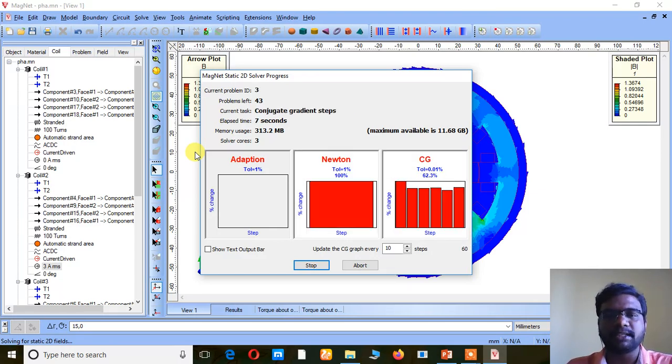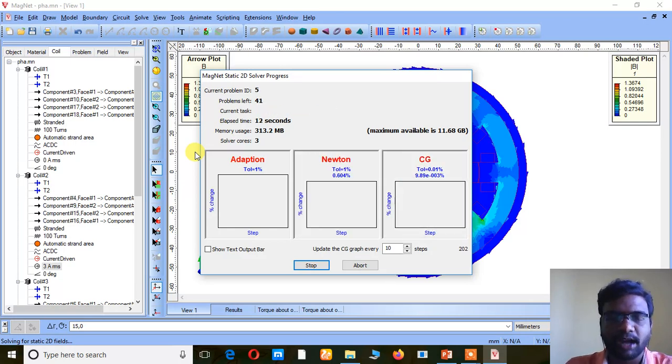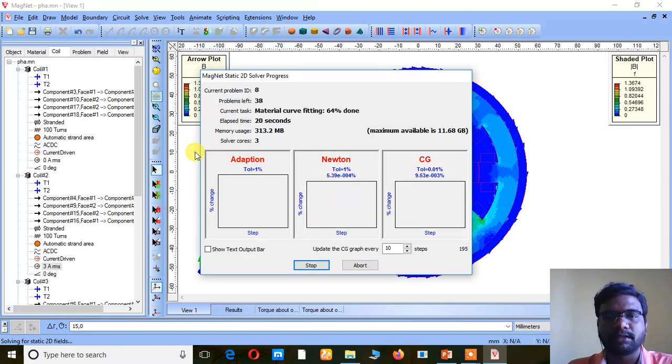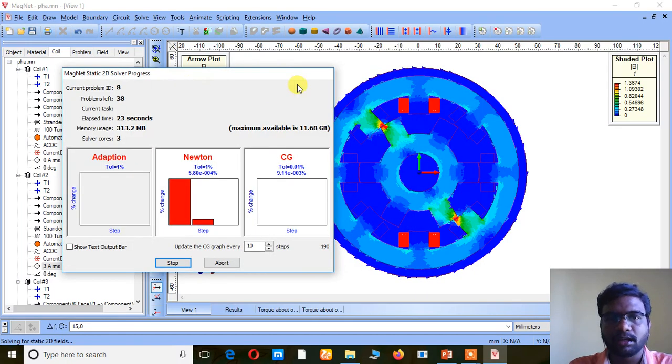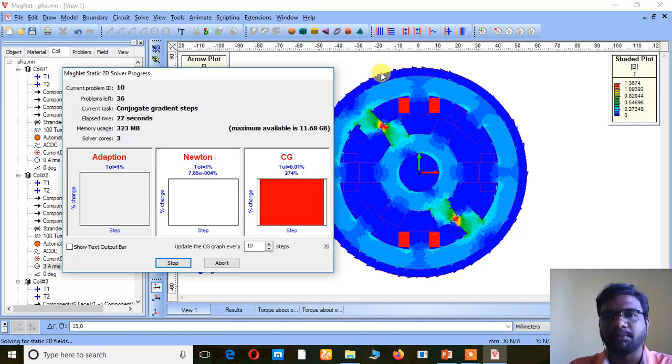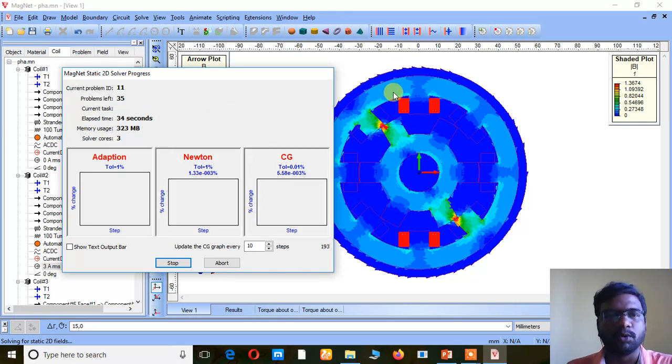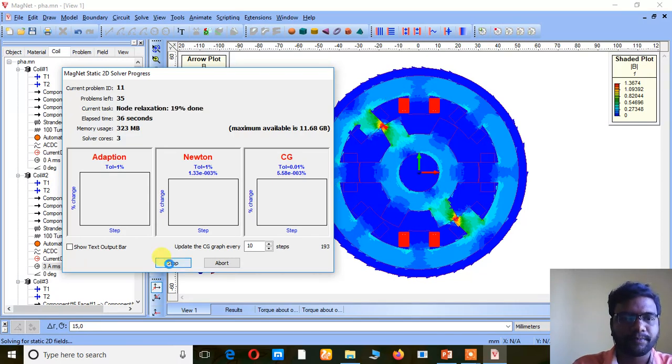So just remember the direction of flux. It is moving in clockwise direction at the back end of the stator. Right? The flux is moving in the clockwise direction at the back end of the stator. At which place? At the place here. Right? Left hand side to the mid pole. Here the flux is moving in the clockwise direction. Now we are going to see which side the flux is going to move. Right? So I am going to stop it now.